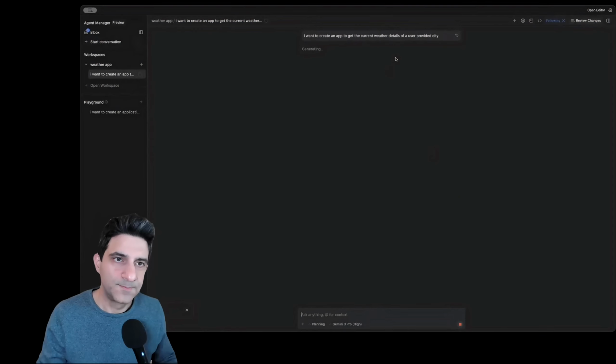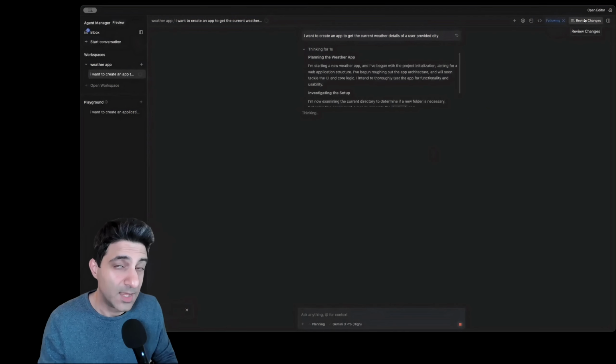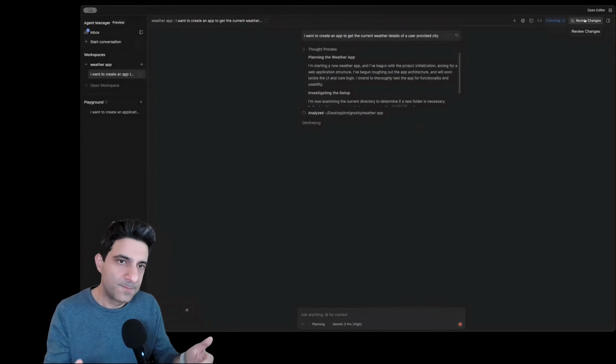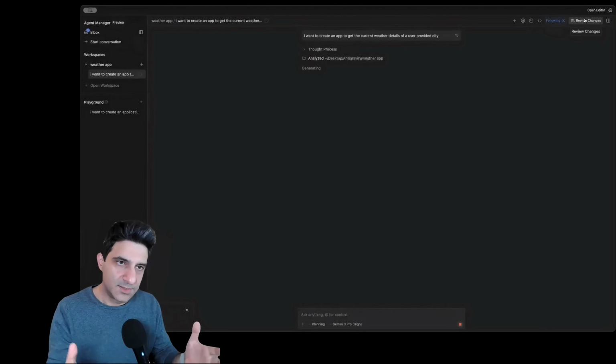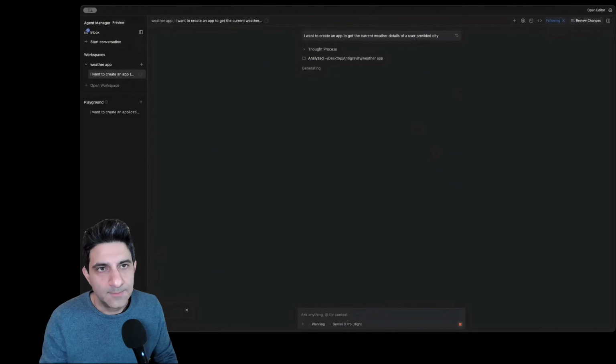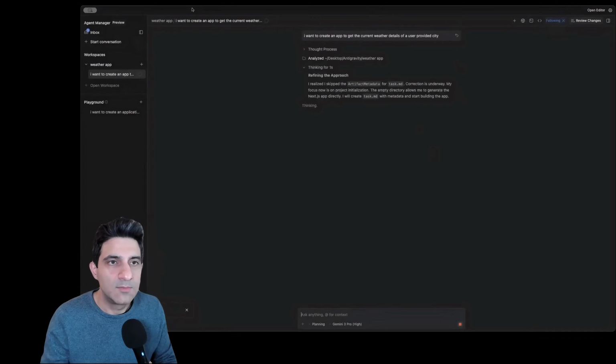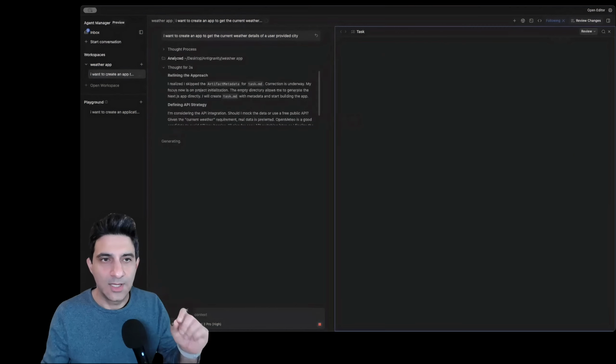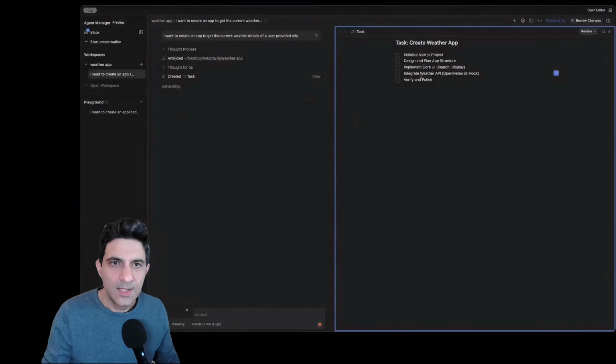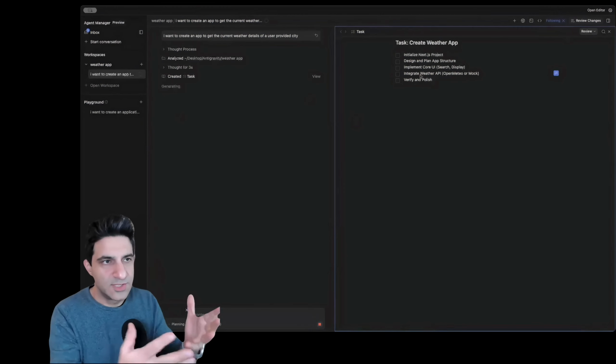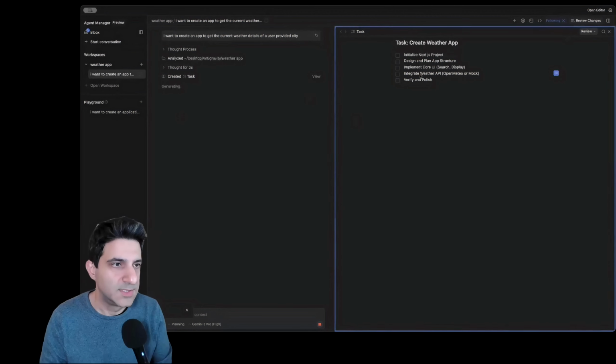Now, the cool part is if you look at the top here, you can follow along with the agent and you can review the changes. That is really nice. You can actually see what the different agents are doing. And you can also choose what level of autonomous actions the agent should take, and you can choose in the beginning. And you can also change the settings as to what amount of autonomous capability the agents should have.